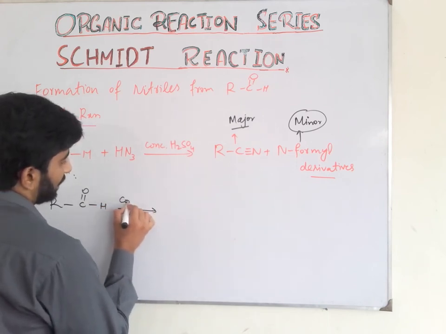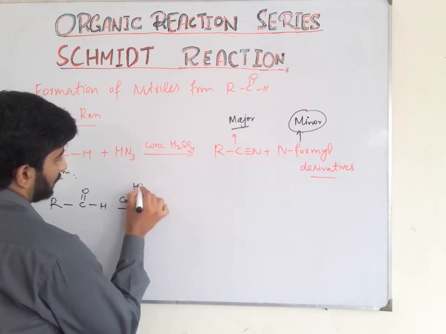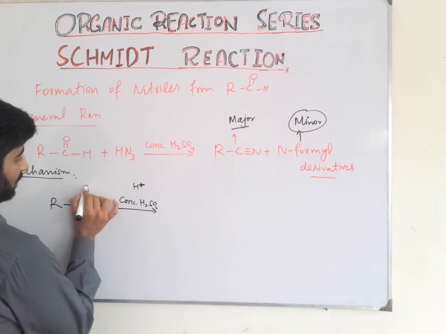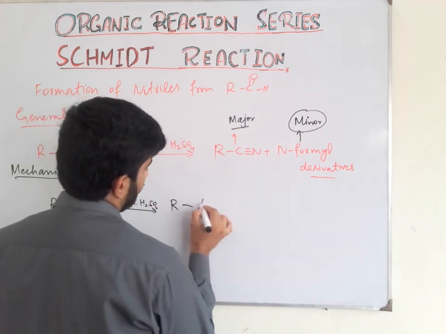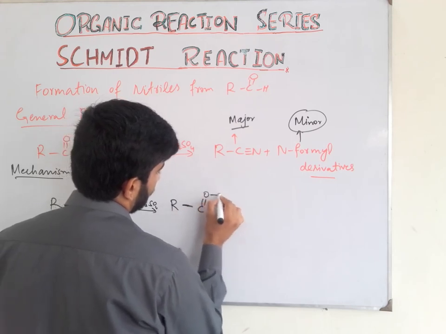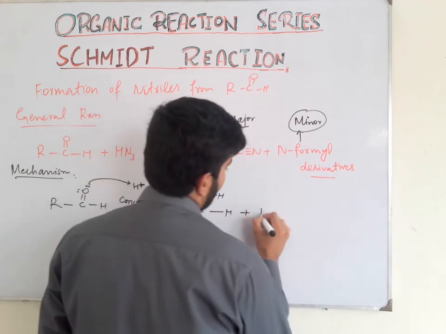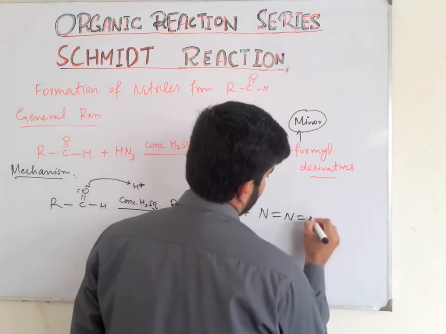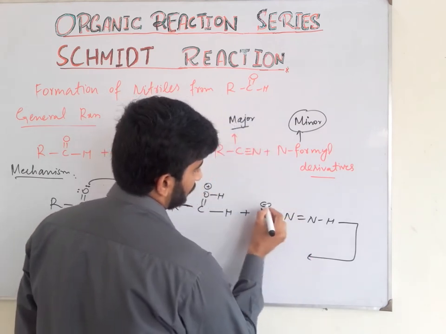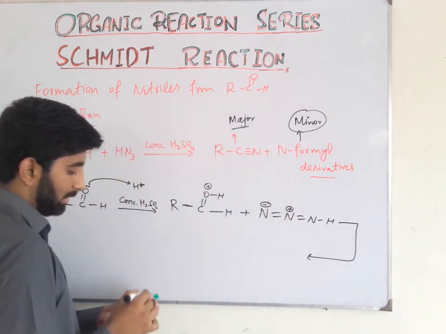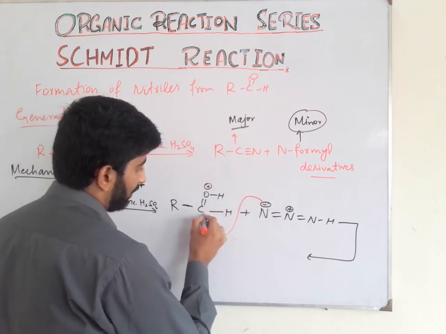Firstly, we add concentrated sulfuric acid that gives a proton, and the lone pair of oxygen attacks this proton, and there is formation of the protonated aldehyde. In the next step we add hydrazoic acid. The negative charge of nitrogen attacks the electrophilic center